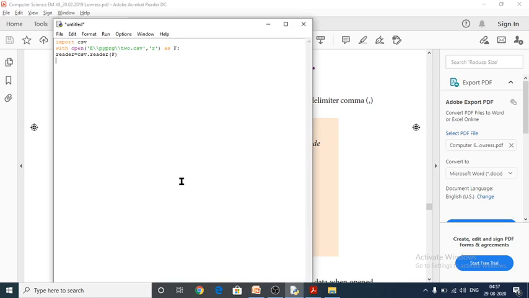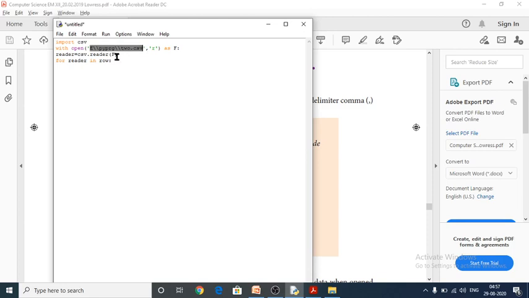So see here, for row in reader has to be created here, because you know very well the use of for. The for statement works on the reader object. In the csv.reader, I have specified this f, so that the file is read, and it will read the entire file.